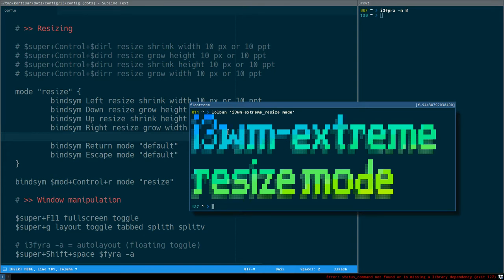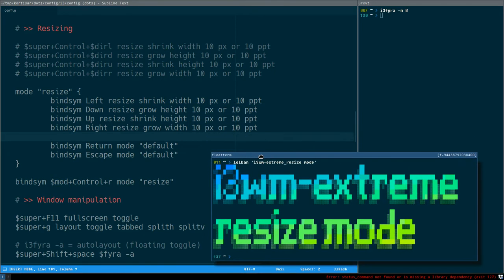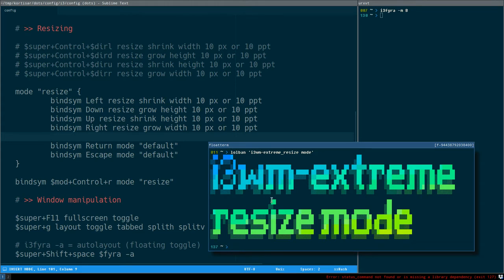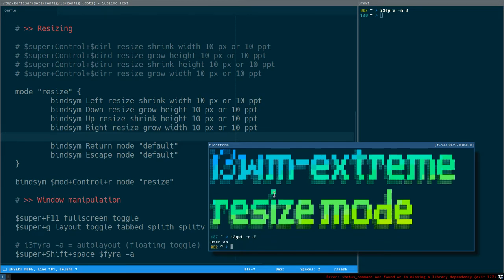And it was very easy to do this with my i3 scripts. There's one script called i3get, and with that you can just pass this rf, and then you will get the floating state of a window. Here it says user on. If I run it here,